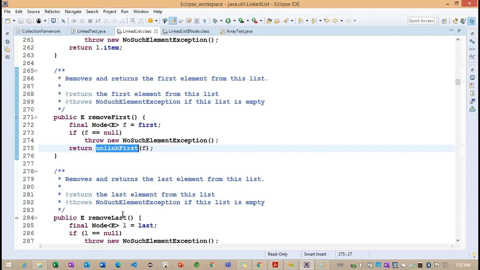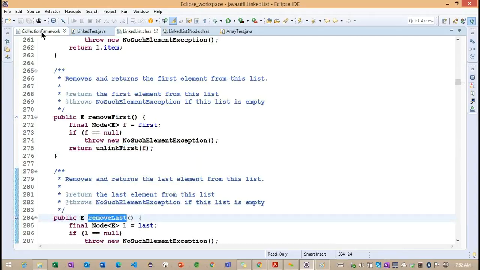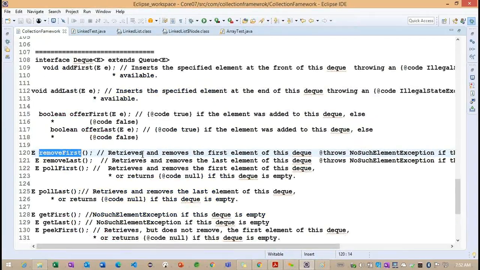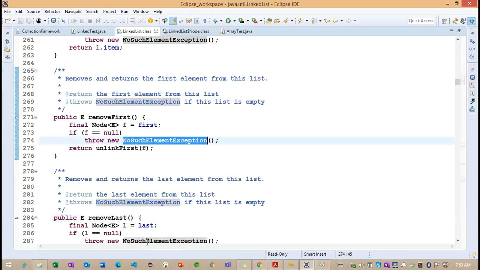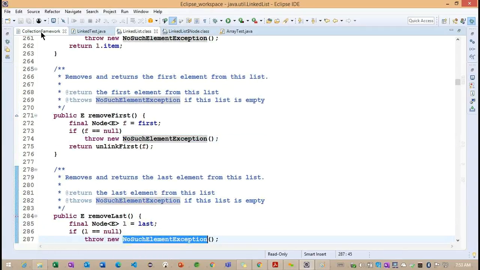In the same way, remove last. We already identified that it retrieves and removes the first element of the queue. If the element is not found, we are going to get an exception. So for first and last, we throw an exception if the element is not found.